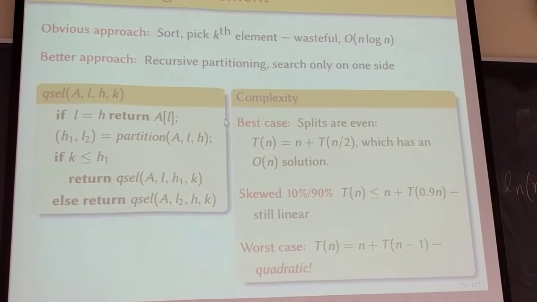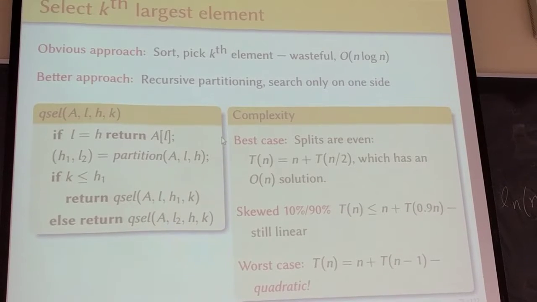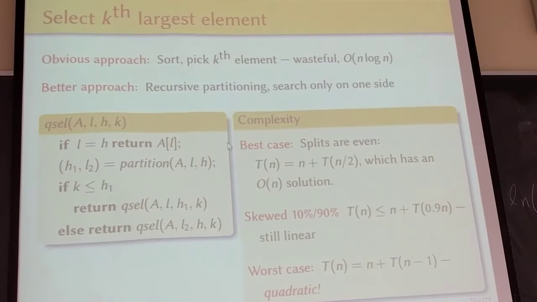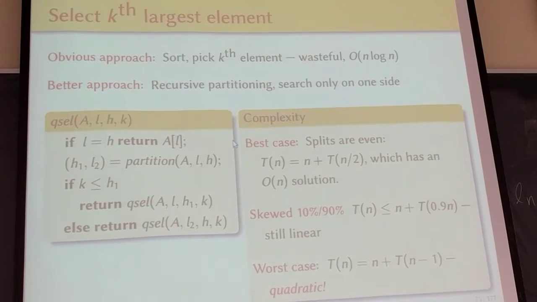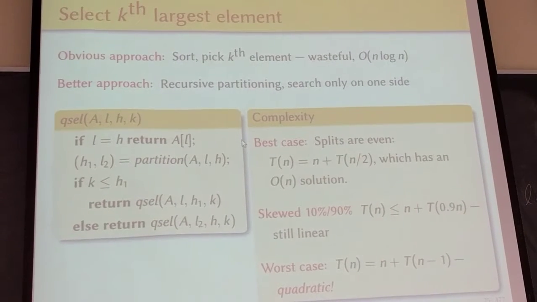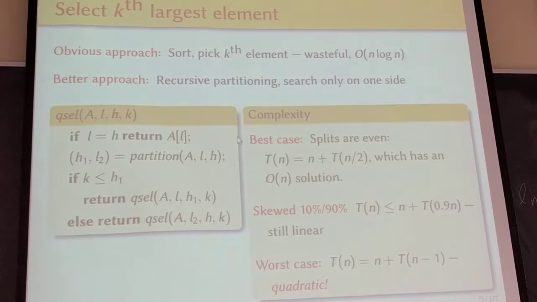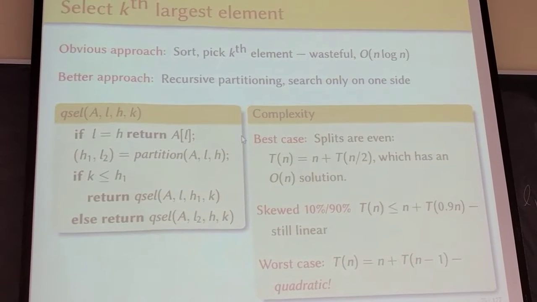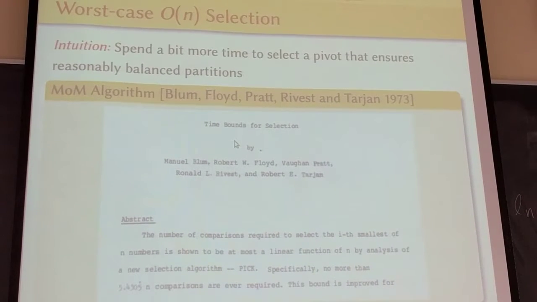But again, if you do some kind of random partitioning, if you generate the pivot at random, then you have the average case or expected complexity that is linear. Okay. The question that comes up is, can we actually do better than just expected or average case linear time? Right? Can we do worst case linear time? Okay. And so there is in fact an algorithm for doing that. Okay. So this is an algorithm from